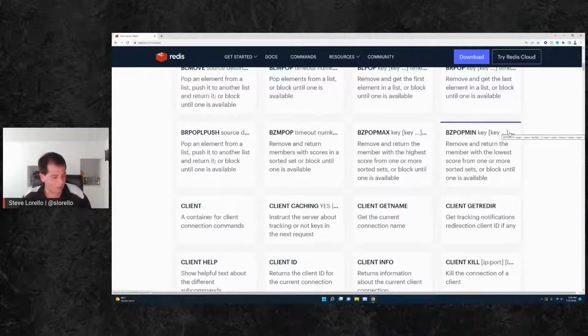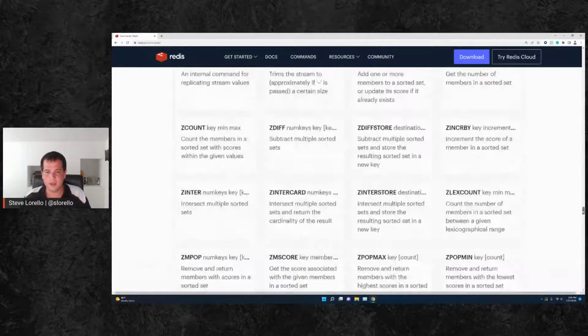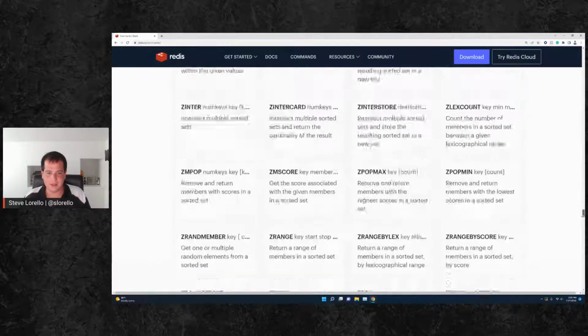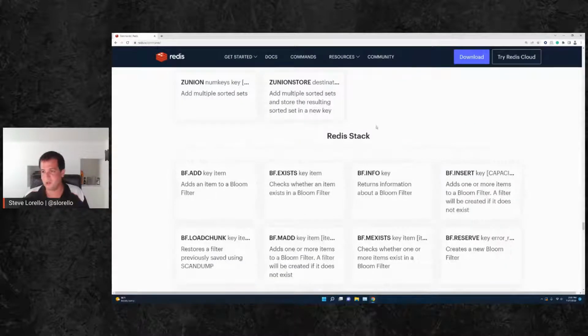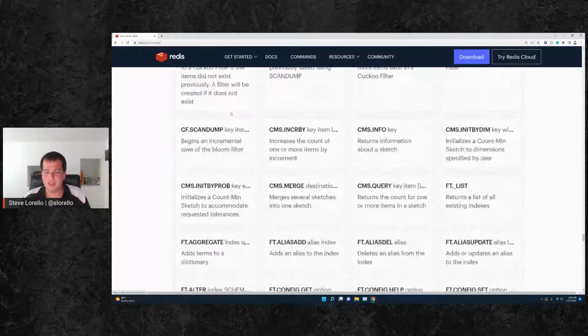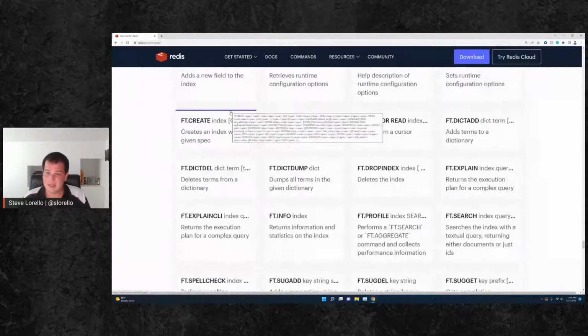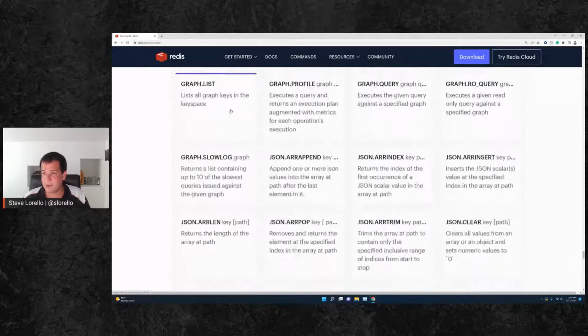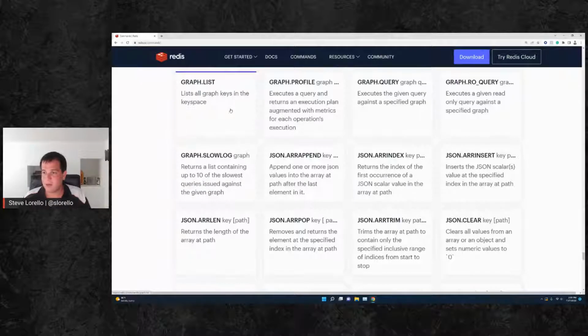But for those who are not aware, we have a whole set of other commands down here. The Redis Stack commands start after the Z range stuff. So ZUNIONSTORE is actually the last alphabetically Redis command, and then we get into the Redis Stack commands. This has all kinds of things like Bloom filters and Cuckoo filters and time series and indexes and graphs and all that good stuff. All the good stuff that we talk about when we talk about Redis Stack. You just can't do any of it right now with Redis.io because Redis.io doesn't support any of the Redis Stack